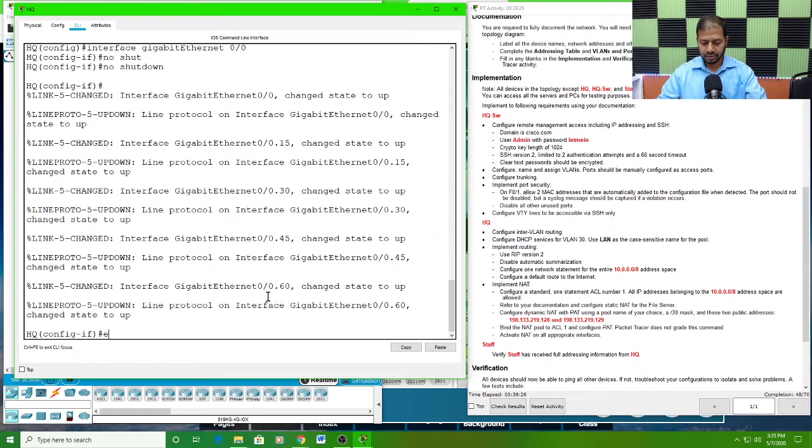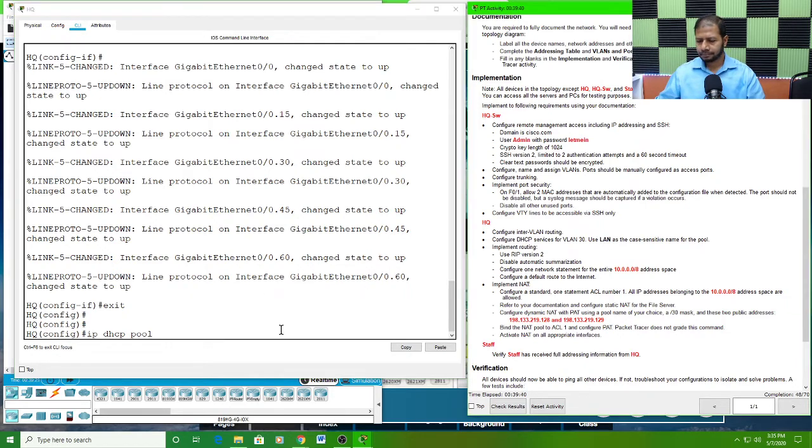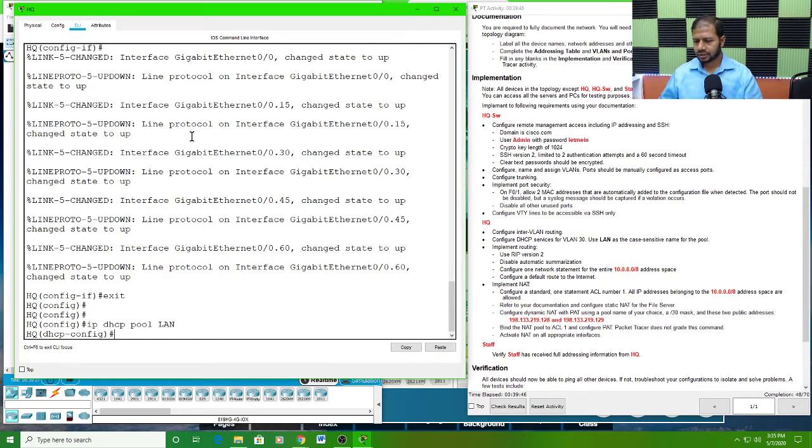So I'm going to exit out of the interface mode. I'm back in the global config mode. I'm going to type ip dhcp pool, POOL, and the name of the pool should be LAN, capital LAN. Okay, enter. So I created the pool. What network address range should it have? So I'm going to type network,